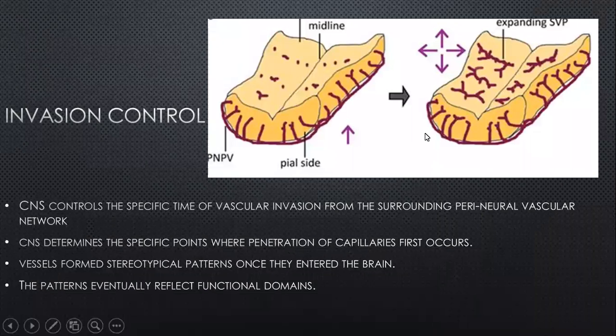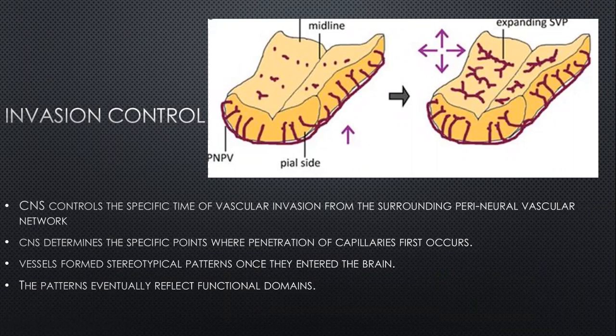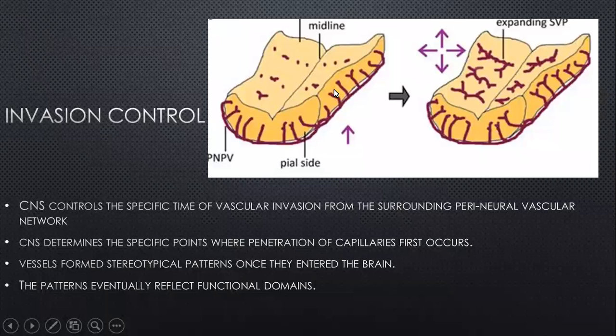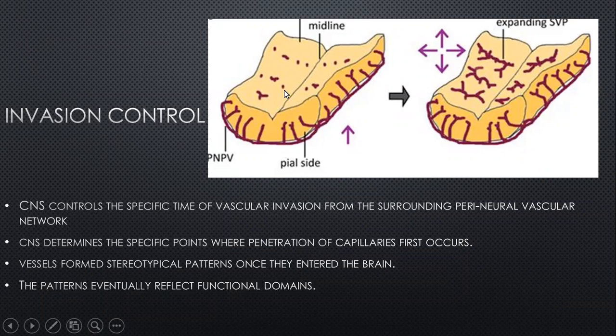And this invasion into the developing neural tube occurs at a very specific time, very time controlled. You have to understand most of these vasculogenesis and angiogenesis occurs within the first 7 to 8 weeks, so it has to be very tightly time controlled. Not only that, it also determines that the developing neurons will determine at what point these specific capillaries, blood vessels, are going to penetrate into these developing neurons. And in a sense, these budding capillaries will then perfuse the developing brain. So the brain itself, the neurons, is governing how it is going to get perfused.